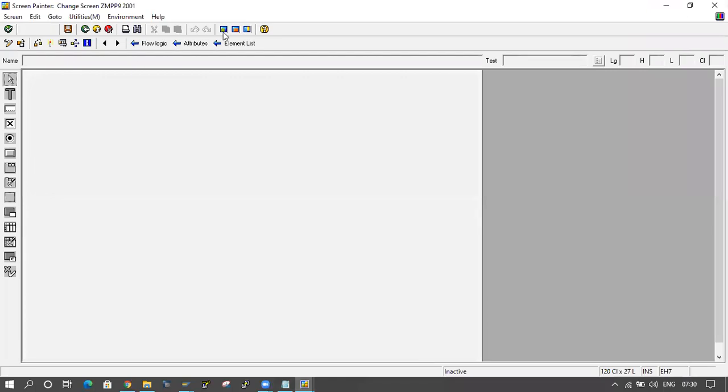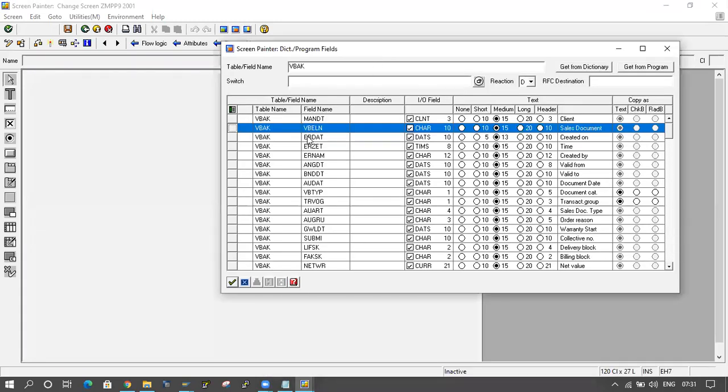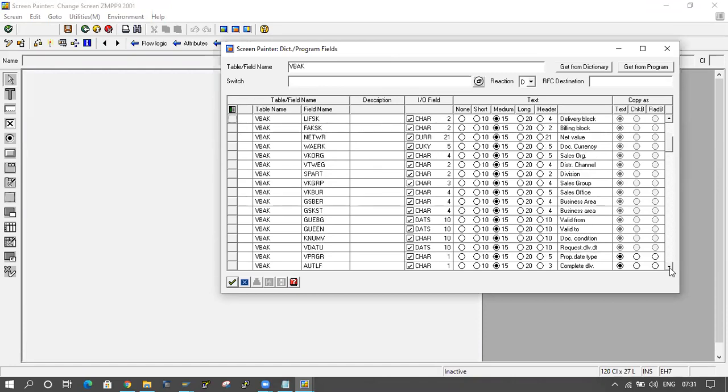And now here I will display the data of VBAK, VBELN, AEDAT. I have to check where this AEDAT is. Otherwise, I will take AUDAT. I will change that one. AUDAT I am taking and KUNNR. KUNNR is coming here.